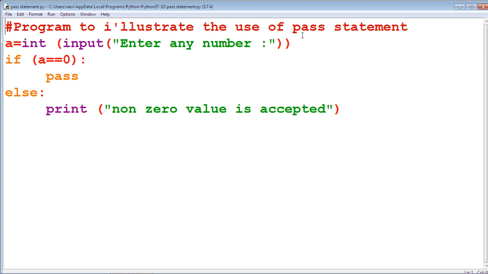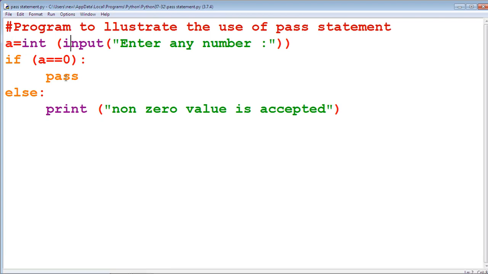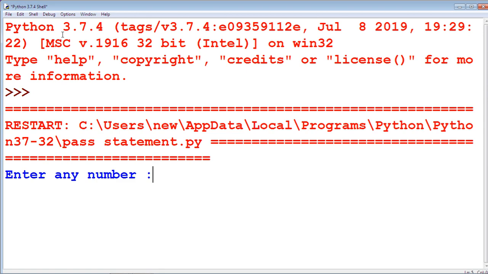This program illustrates the use of the pass statement. Get the value from the keyboard by using the input statement. If the value is 0, pass. For example, run this program by using run module. If we give the value 0 to a, no statement is displayed here.